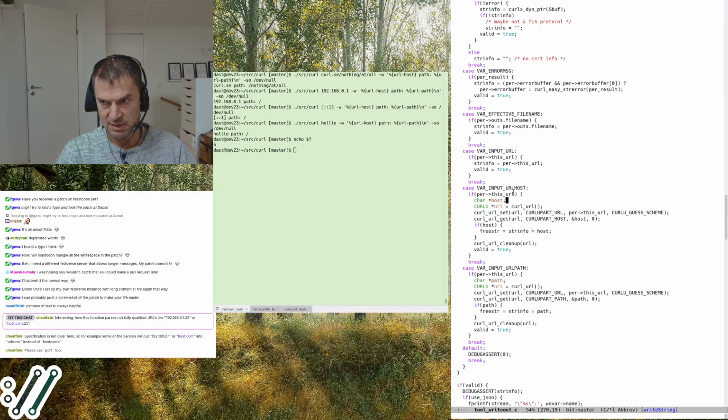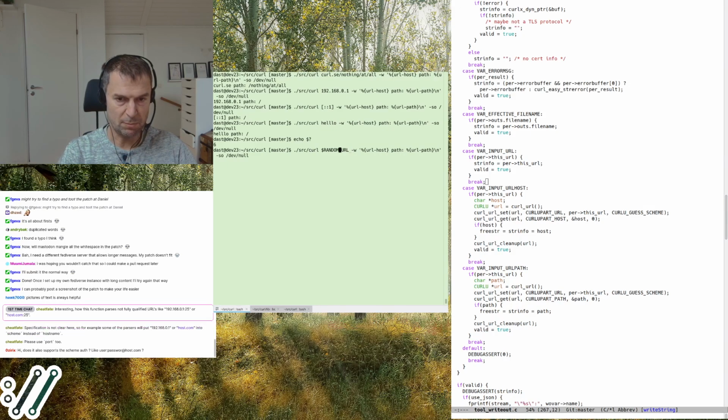There are like 7 or 8 parts of the URLs. I figured I should do one for each, so you could do all of them, like host, port, path, scheme, blah blah blah. Because then you could do things like this, random URL, and you have your user, for example, pass this URL, and you can use curl to parse that URL and split out the components.